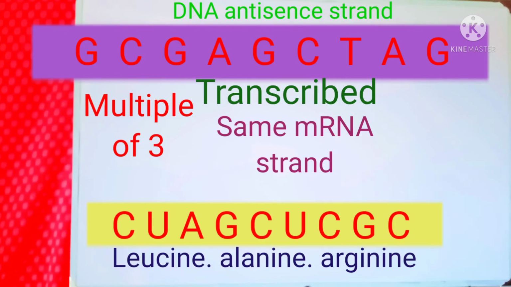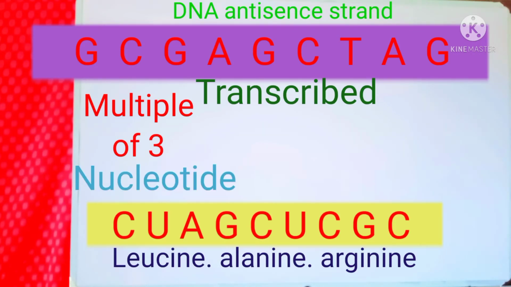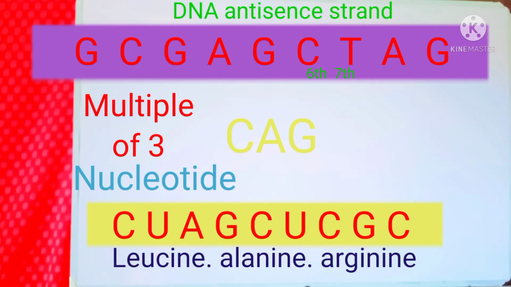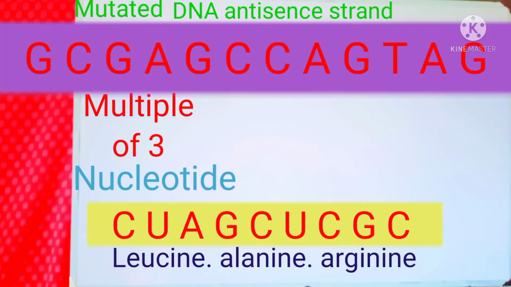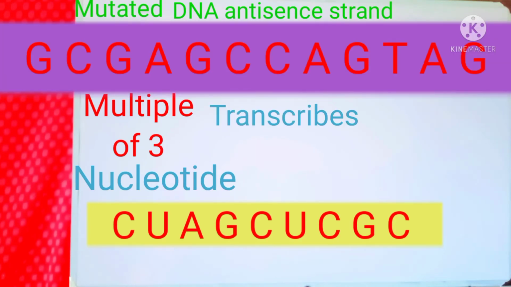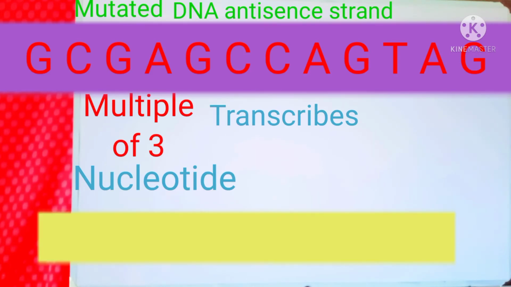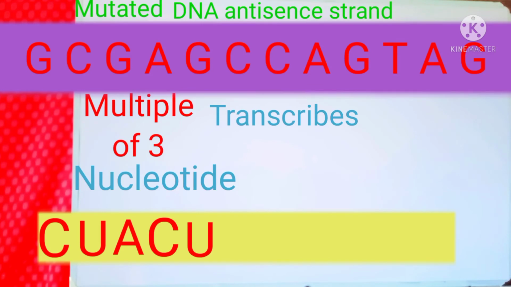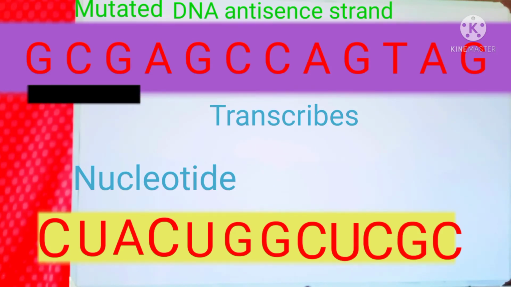suppose we insert a multiple of 3 nucleotides. So we insert exactly the CAG nucleotides between our 6th and 7th nucleotides on the DNA antisense strand. So we basically enter the sequence of CAG. Now when we transcribe this mutated DNA antisense strand, the G becomes a C, the A becomes a U, the T becomes an A, the G becomes a C, the A becomes a U, the C becomes a G, again C becomes a G, the G becomes a C, the A becomes a U, and GCG becomes CGC